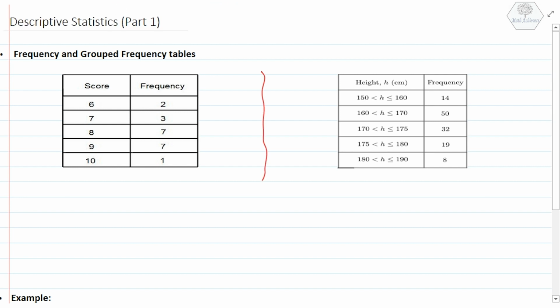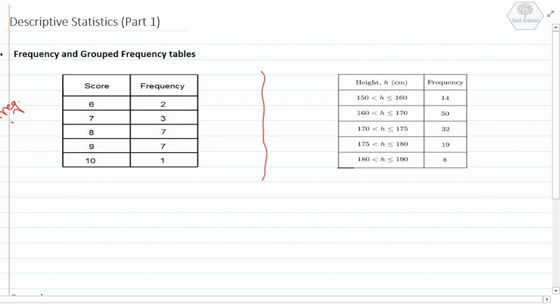This table is a frequency table. I have simply the value, the score, and this time I can refer to it as X, and I have the frequency, which is how many times X is repeated. To find the mean in this case, it is equal to the sum of F times X, frequency times X, over the total frequency, which is equal to